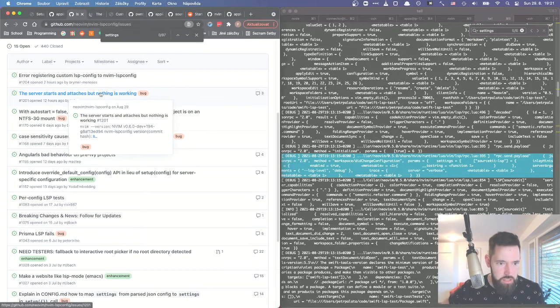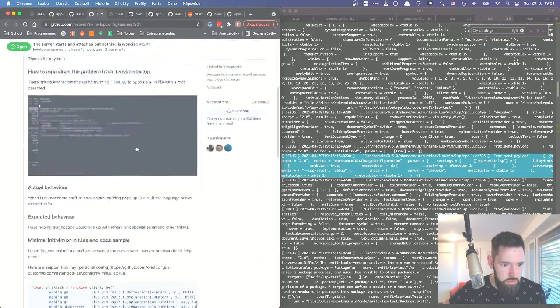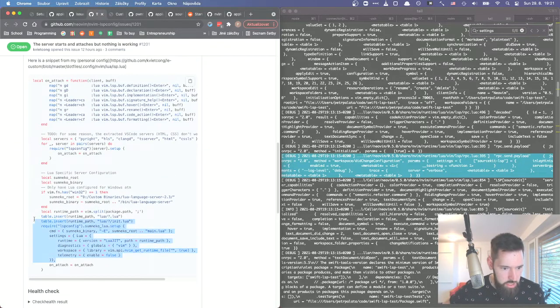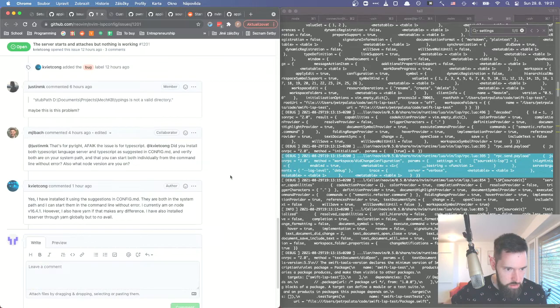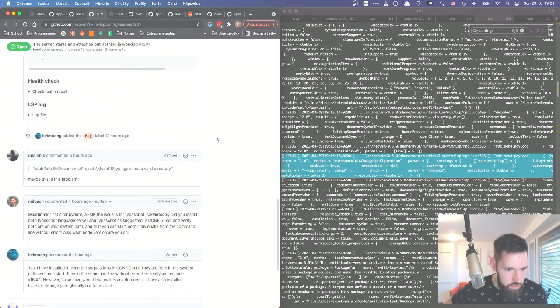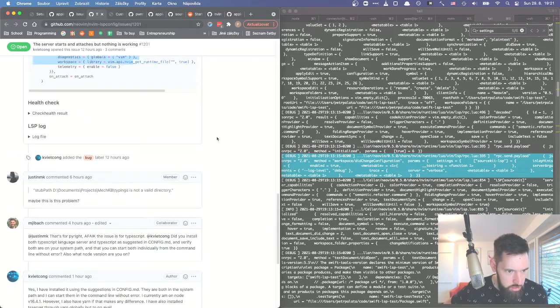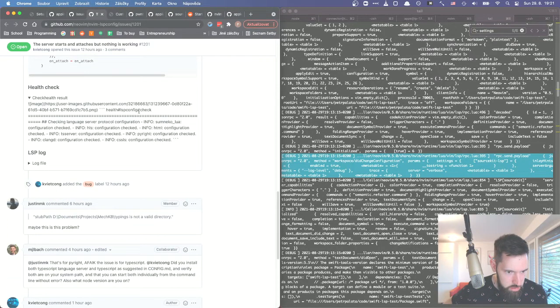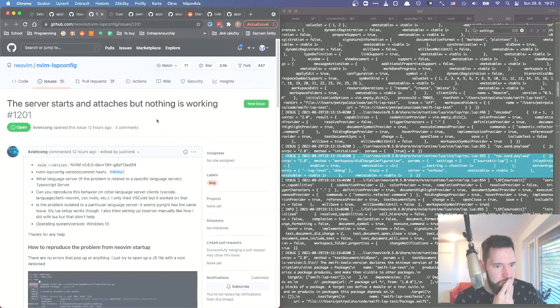The server starts and attaches, but nothing is working. Do they use settings? They use settings. Okay, how do I include